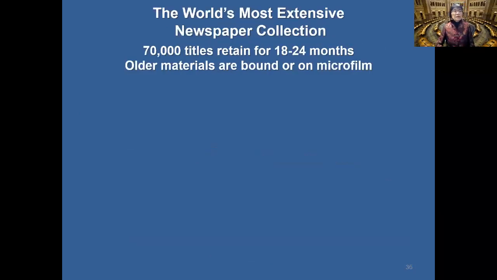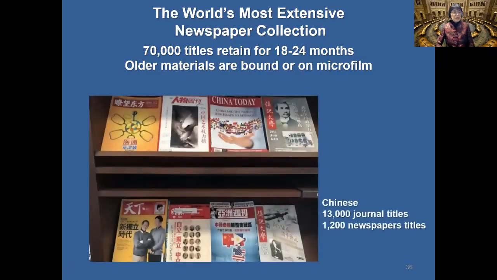The world's most extensive newspaper collection, like I said, they have a newspaper and journal reading room. They have 70,000 titles retained for at least 18 to 24 months. After this, older material they will send to be bound or put on microfilm. So you can see the past 2 years or 1.5 years of journals. I'll just give you an example in the Chinese reading room. Since I can read Chinese,